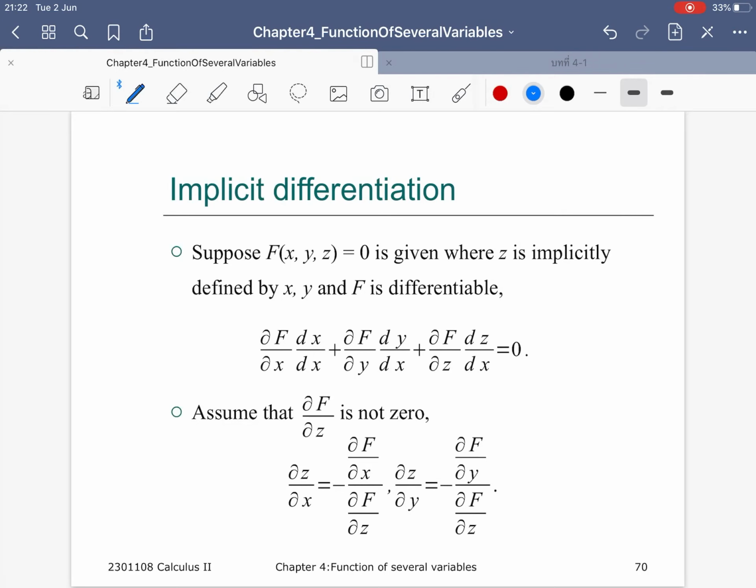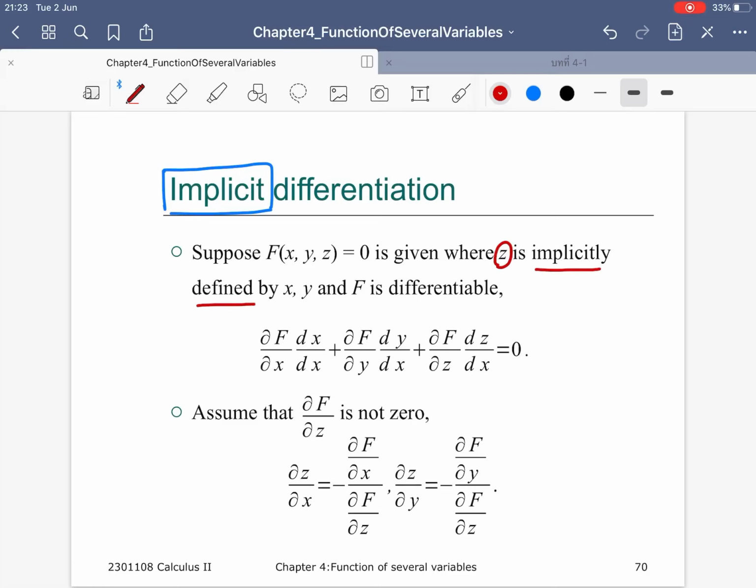Hello everybody, this is the second part of section 4.5, which is the chain rule. But today we are going to use the chain rule and apply it to implicit differentiation. Actually, you have learned implicit differentiation before in Calculus 1. But today we are going to elevate ourselves a little bit by looking at z as an implicit function